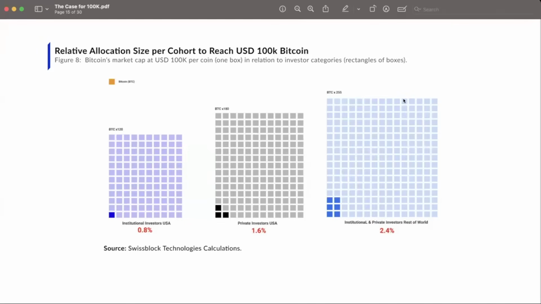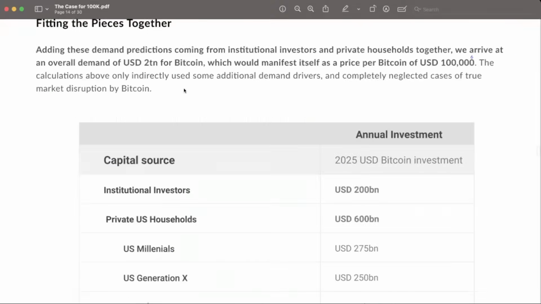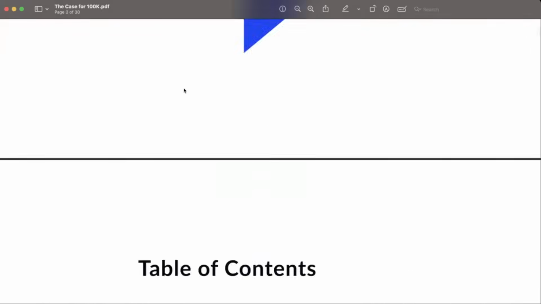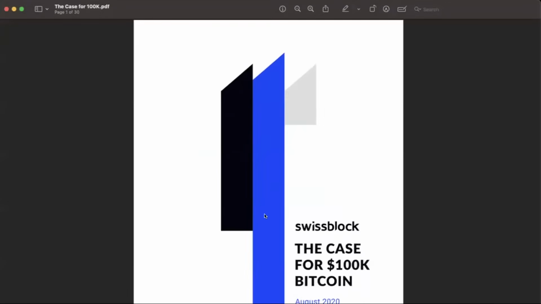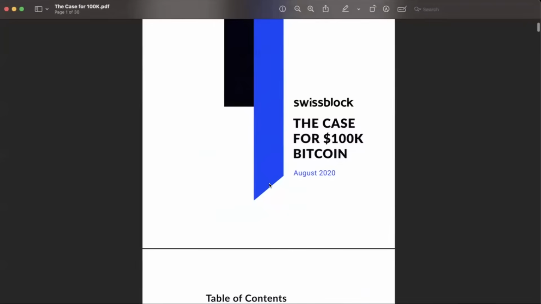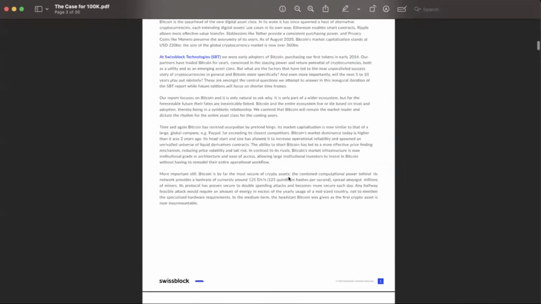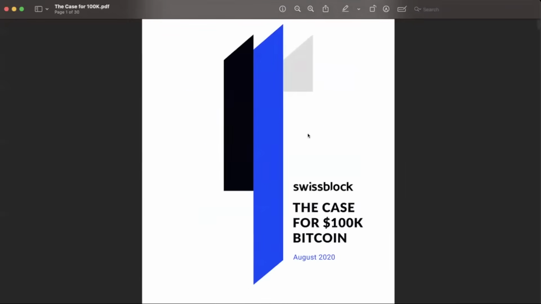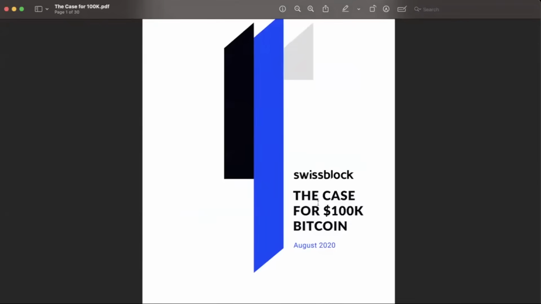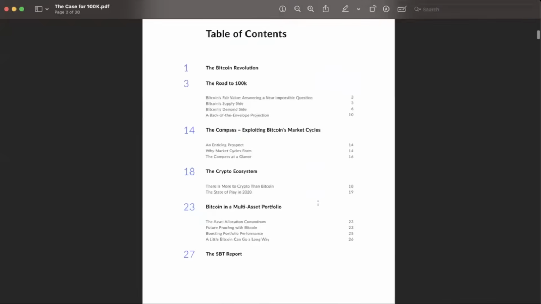Let me actually share a piece of research that we did back in the day. This is a report. I'm more than happy to send this out with the webinar video if people are interested. This is from August 2020, where we basically proposed a path as to how Bitcoin could get to 100K in a sustainable way. It took longer than we predicted. We thought it was going to be 3 years, ended up taking 5 years.